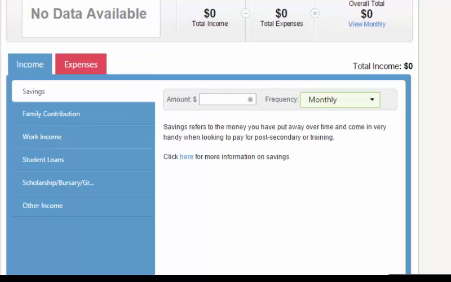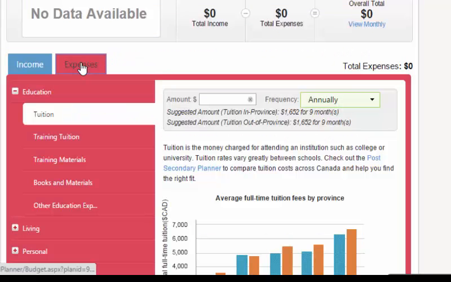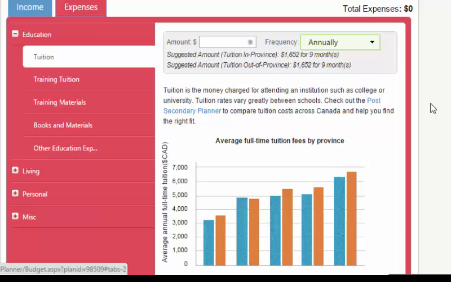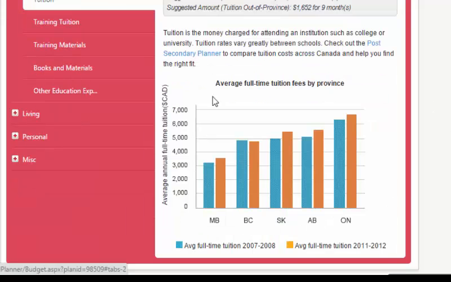Now, expenses is the one that's going to have a lot of detail added to it. And this we will go over as a class, but I'll show you how to do it here. So, I know that tuition fees, if I go into the post-secondary planner, I can compare the tuition fees for my